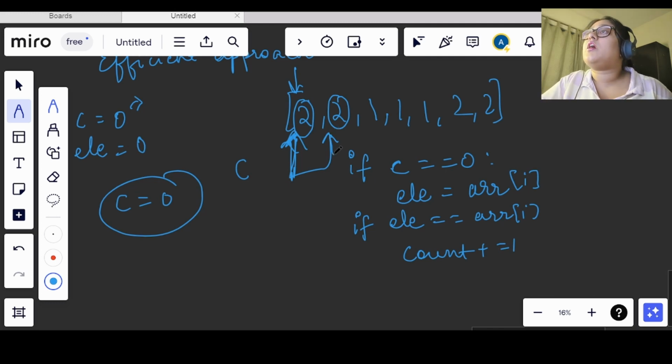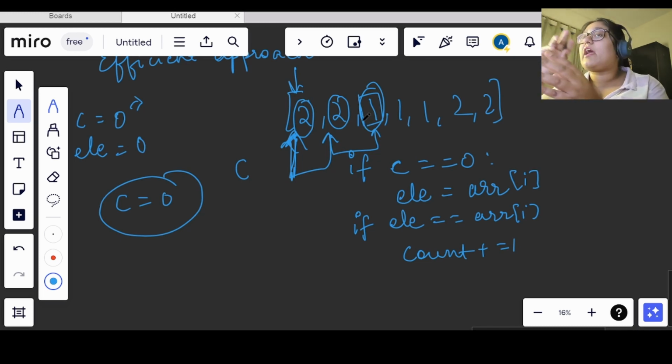Now we will move forward. Now we see that 1 is there, right? Till now we were having 2 as our valid candidate, but now as we move and come across 1, it can be a valid candidate and it cannot be. Now there is a 50-50 situation, right?